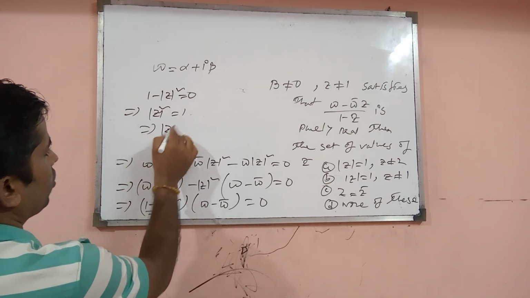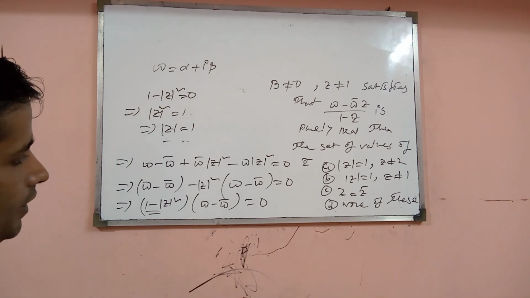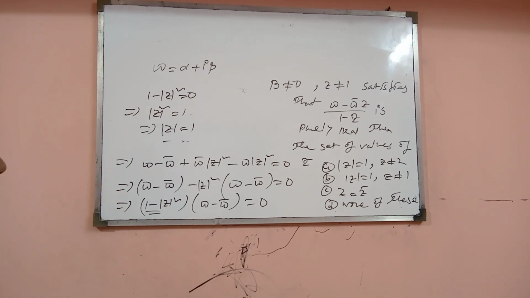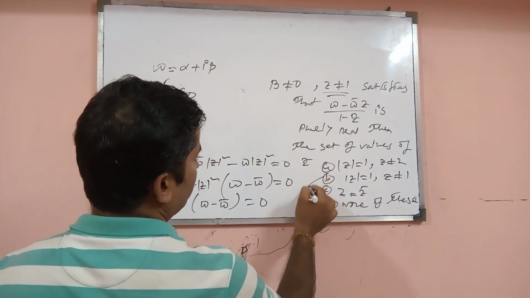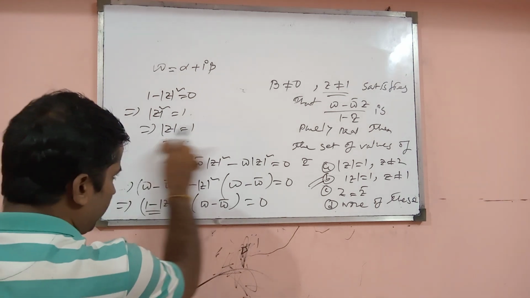This implies mod z is equal to 1. Mod z is equal to 1. Okay, and this condition is also given. So based on this, we must say option B is appropriate for this question. Okay,